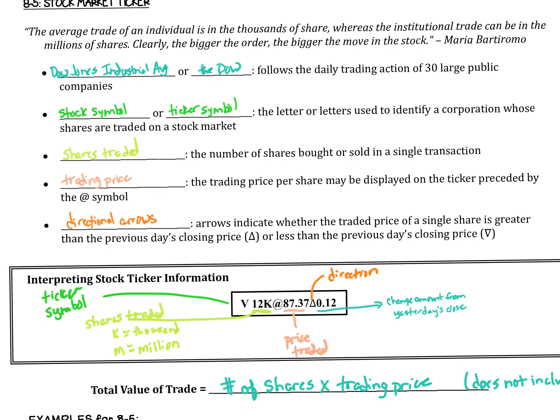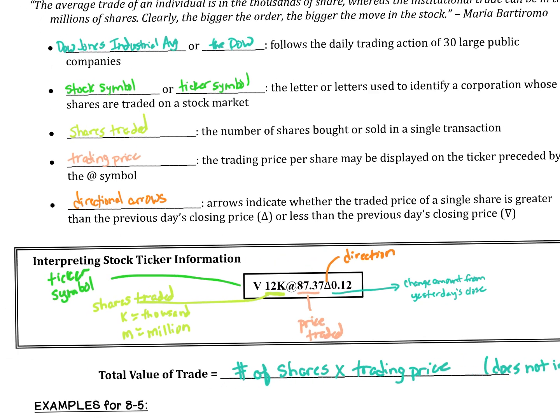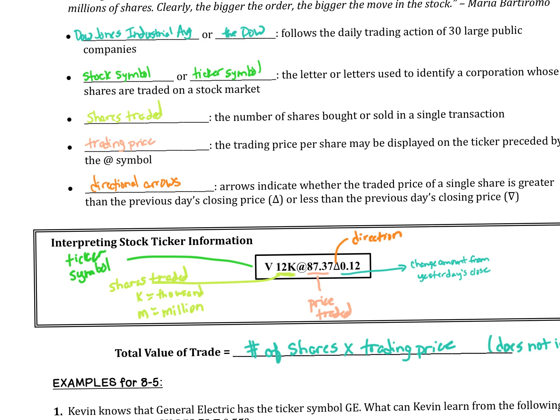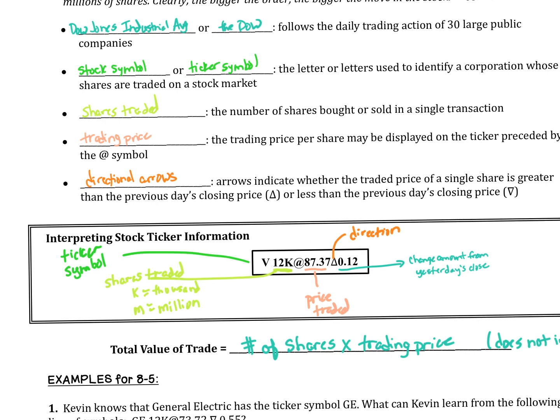They have a stock symbol for it, right? Apple, Tesla, that type of thing. So you have to learn what the different ticker symbols are for the different companies that you're interested in following, right? And then when you're looking at that ticker information, I tried to color code this also, so you're going to see the ticker symbol. That's the first thing you see. And then the next thing you see is